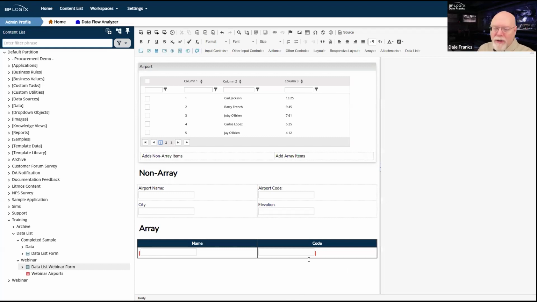We're going to pause configuration for now. Actually, we can't pause configuration for now. We're going to pause design for now. So we're going to go ahead and save and close our form design. We have our buttons, we have our data list, we have our controls.